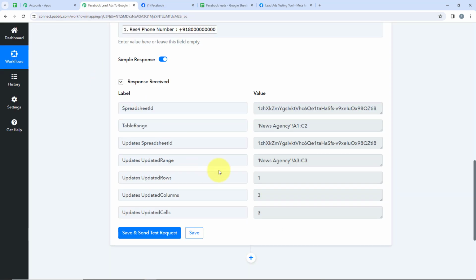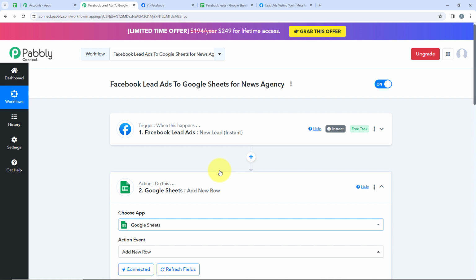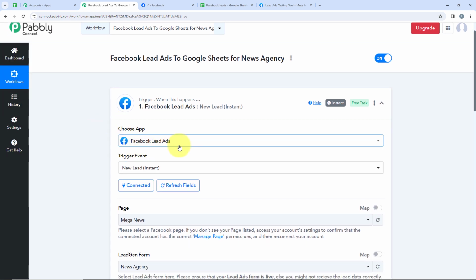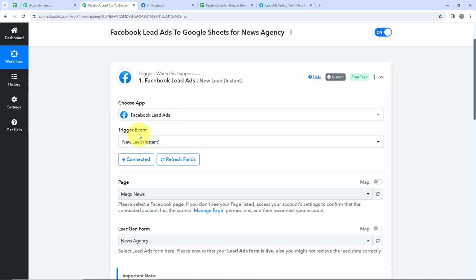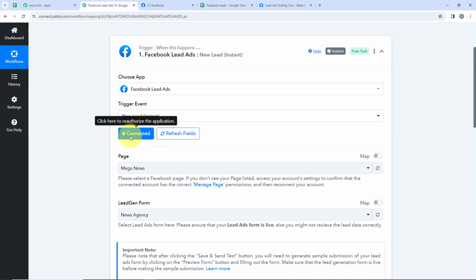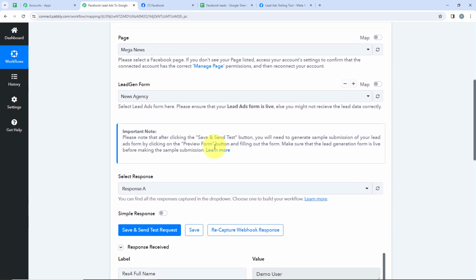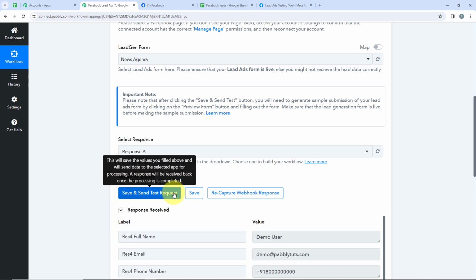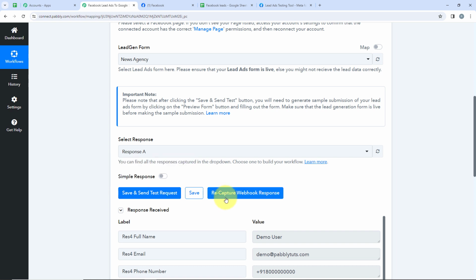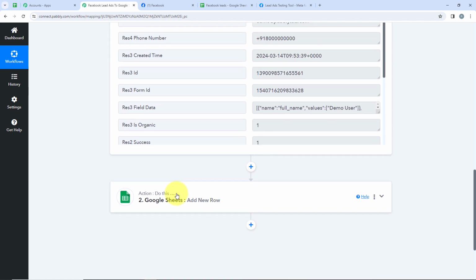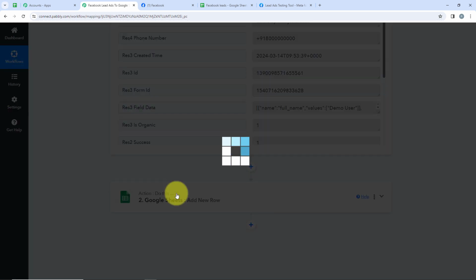This means that our workflow is successful, and we'll just summarize the workflow once. So for our trigger application, we selected Facebook Lead Ads. For our trigger event, we selected New Lead Instant. We connected our Facebook Lead Ads account with our Pabbly workflow. After that, we selected the page and the lead gen form. And then we clicked on Save and Send Test Request. Pabbly was waiting for a webhook response, so we generated a dummy webhook response and then we moved on to